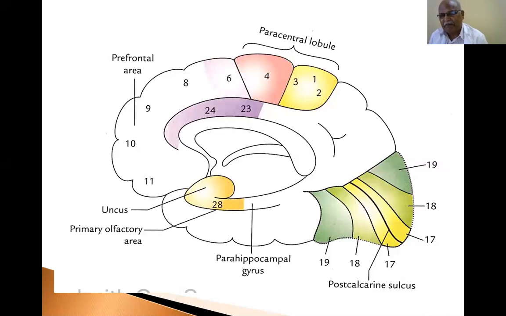The modern, highly developed cerebral cortex is present in human beings, whereas the oldest cortex, archicortex, is more predominant in lower vertebrate animals. In lower vertebrate animals, archicortex is more developed. The functions of the archicortex, the oldest cortex, and the paleocortex, the intermediate cortex, are dominated by the neocortex in human beings.